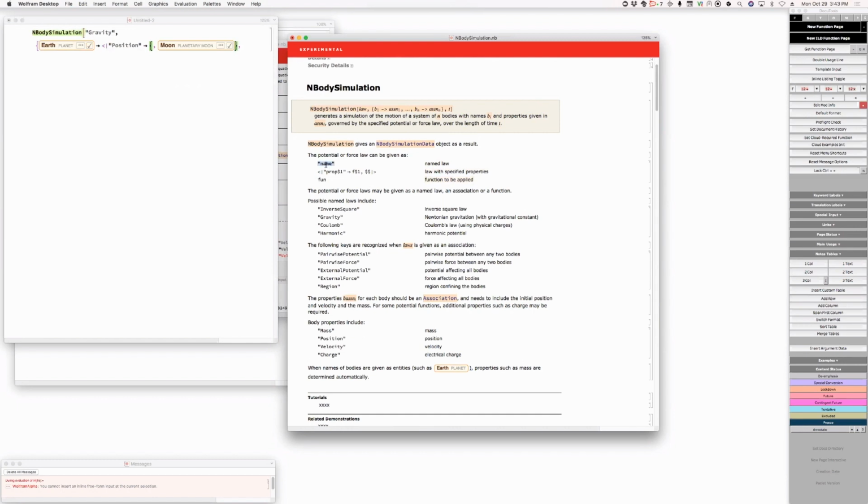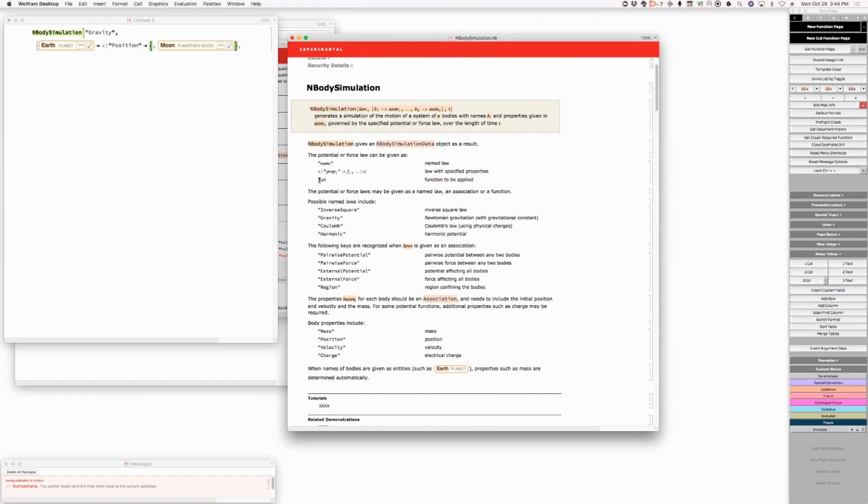Well, so for each of those, and maybe we should put the pairwise potential and describe what the function looks like then. So the function basically takes as arguments the associations for the two, for example, in the pairwise case. But can you give a single naked function as the law? Yes. Okay, what is it applied to then? Well, it depends. That's what I'm trying to say. In the pairwise case, so pairwise potential and pairwise force, it's applied to the associations for the two bodies